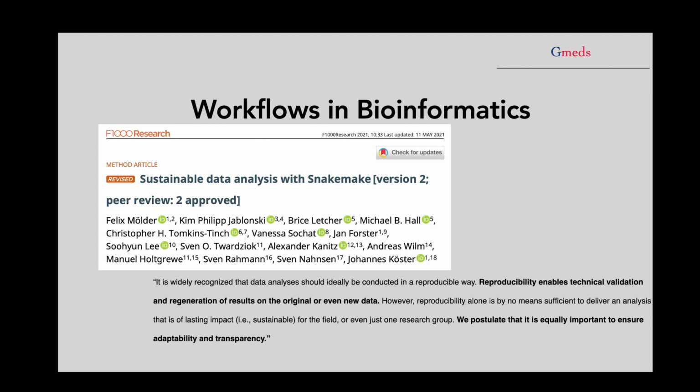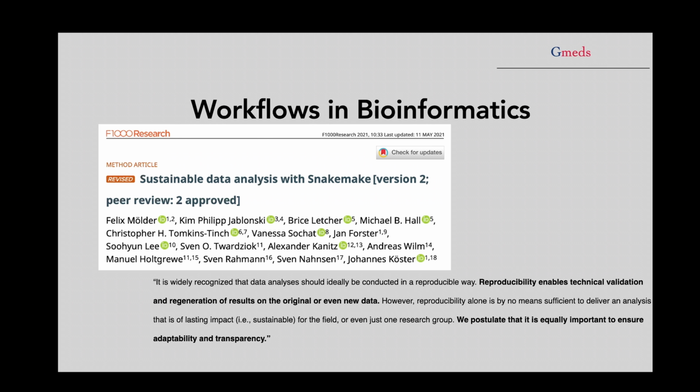This paper was published in May 2021 in the journal F1000, and you can pretty much find it and read what the authors state inside there. However, one of the most striking things that I found in this paper was the idea that when you're handling large amounts of data sets, you need this concept of reproducibility. You need reproducibility to ensure that there is technical validation and to ensure that you can regenerate the results using the data that you are currently analyzing, as well as any new data that may come along in the process